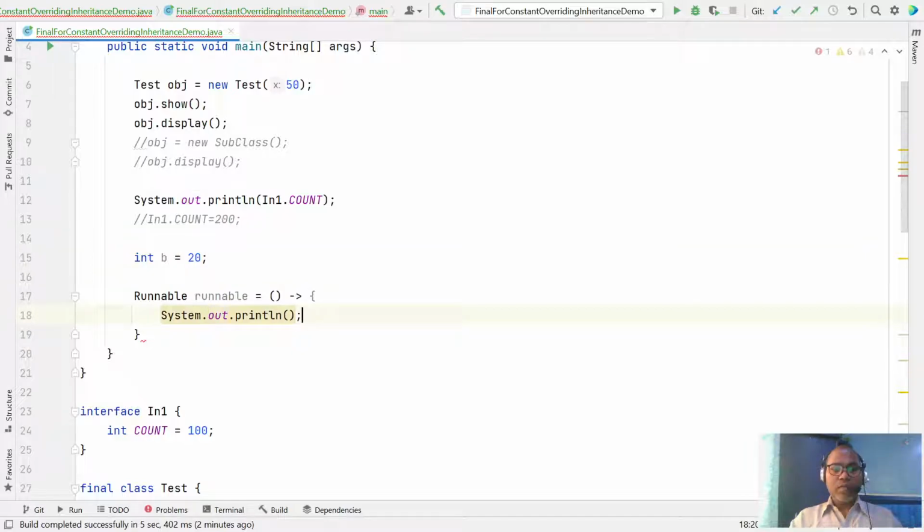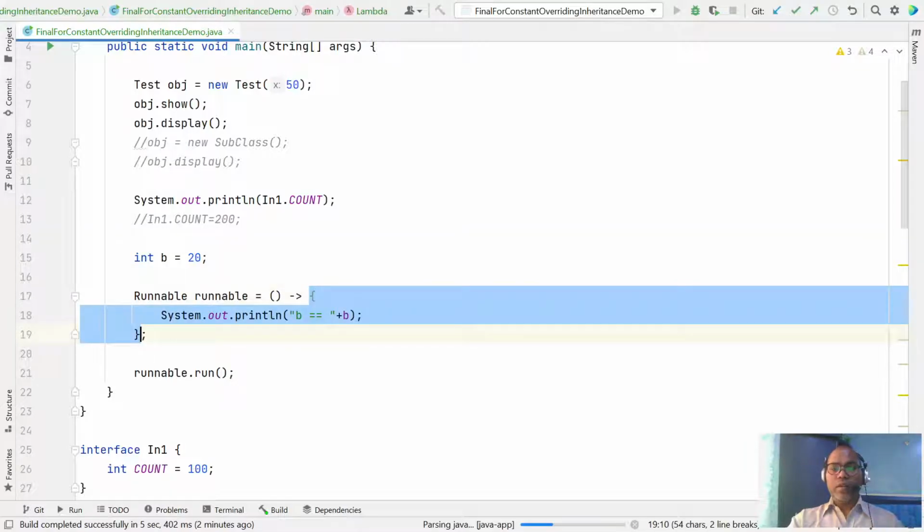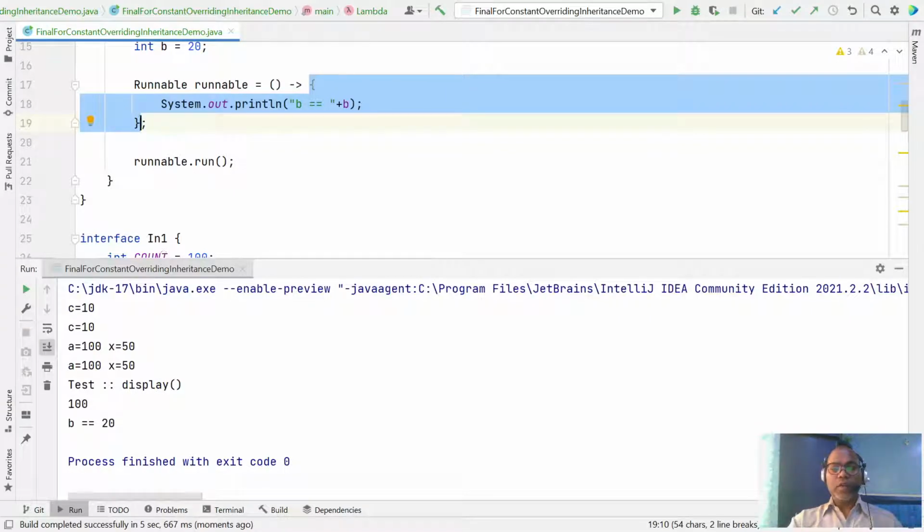So here you can use b, printing plus b. You can surely access your b here. Then Runnable.run. In a lambda expression, you can use any outside variable, but this variable by default should be immutable and final.